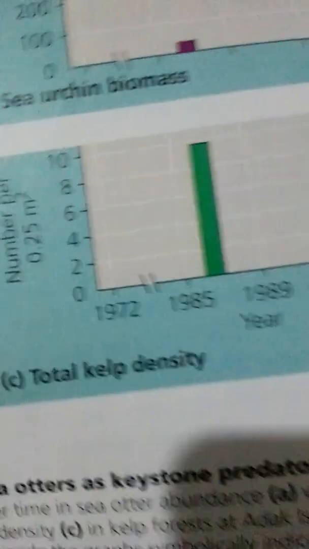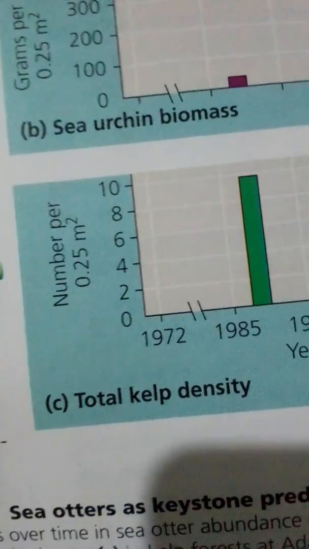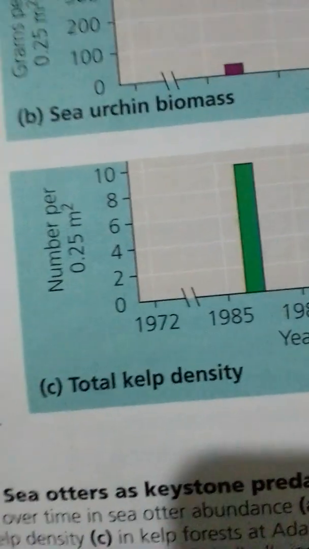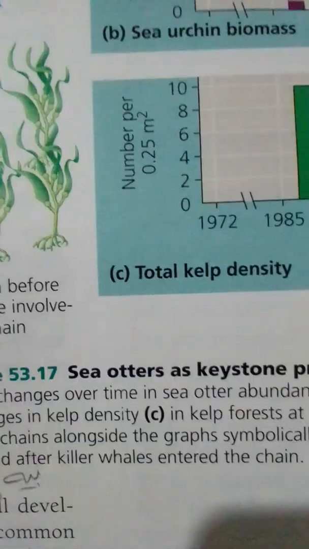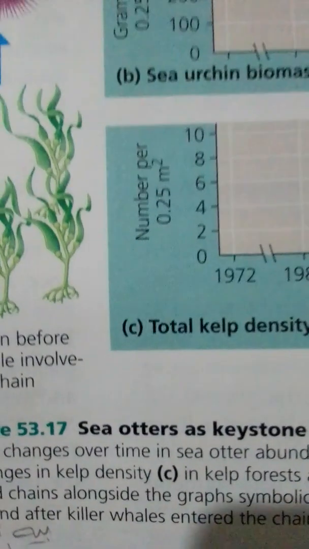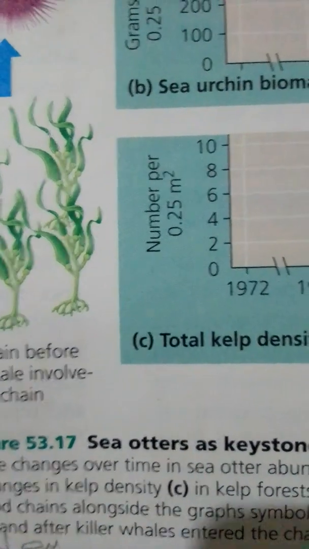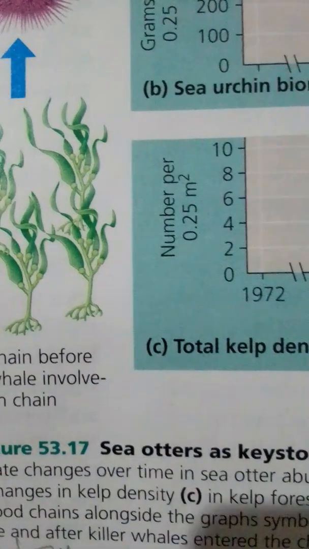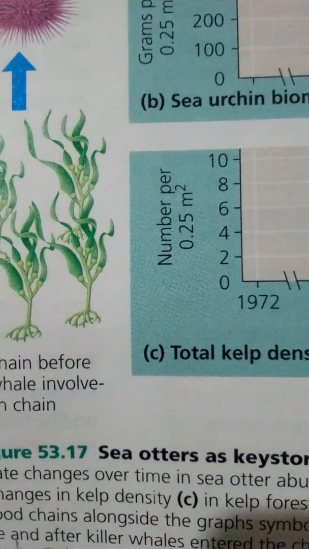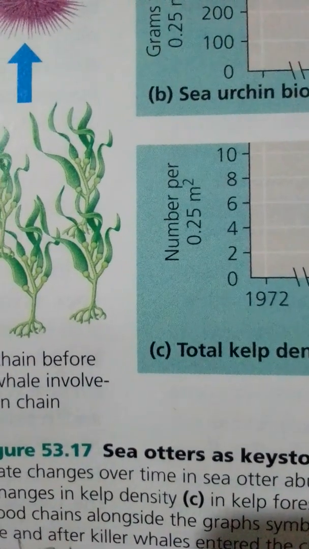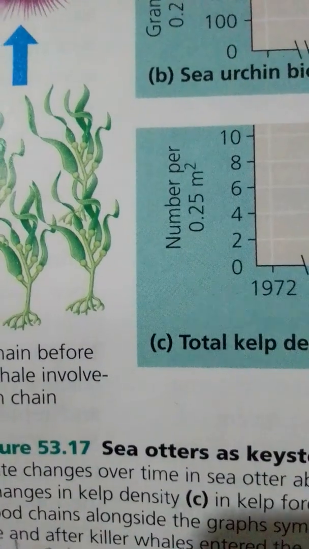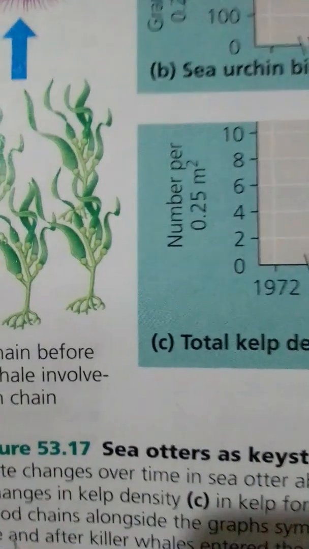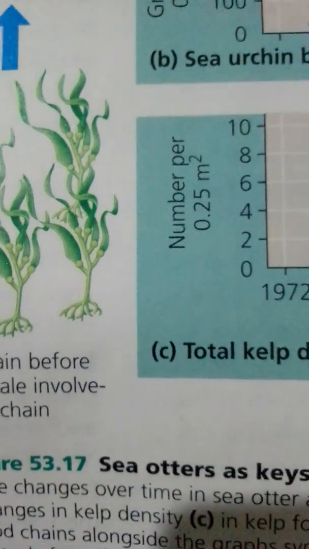The sea otter Enhydra lutris, a keystone predator in the North Pacific, offers another example. Sea otters feed on sea urchins, and sea urchins feed mainly on kelp. In areas where sea otters are abundant, sea urchins are rare and kelp forests are well developed. Where sea otters are rare, sea urchins are common, and